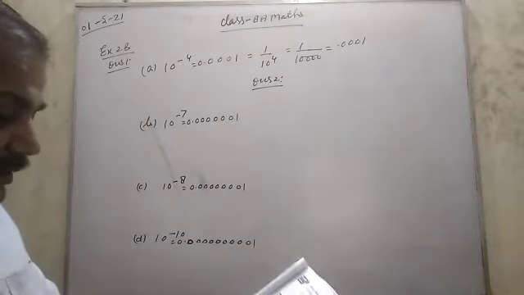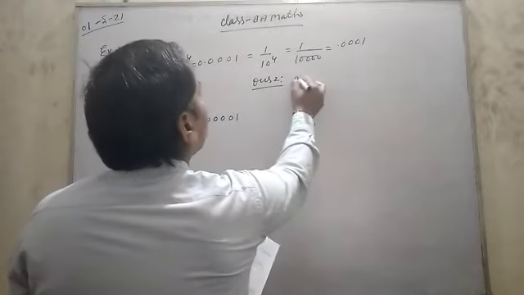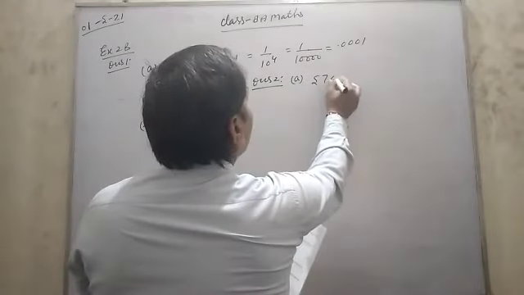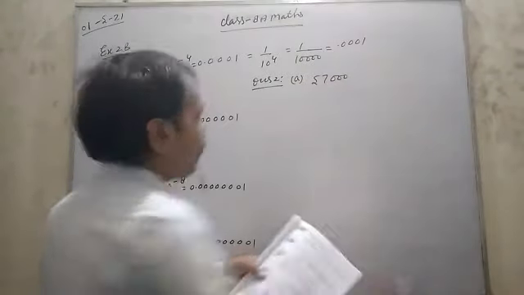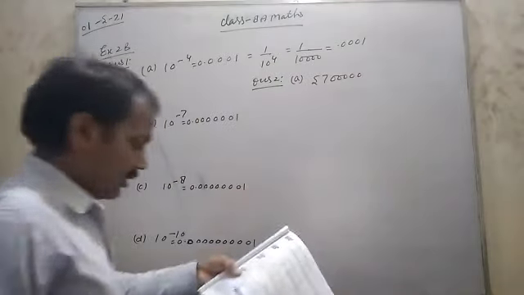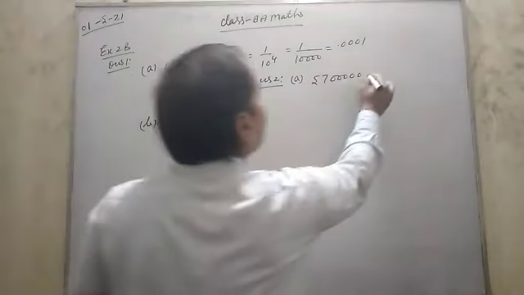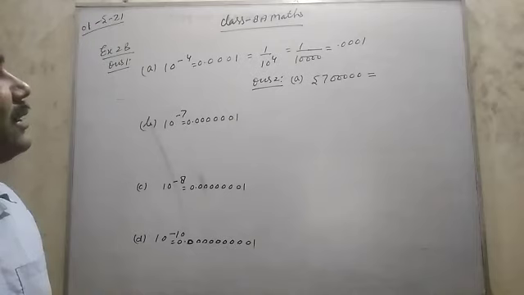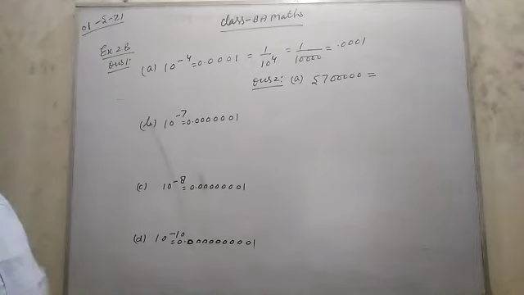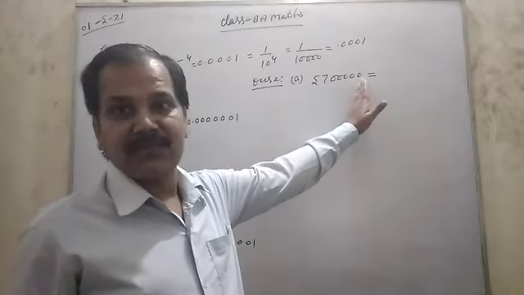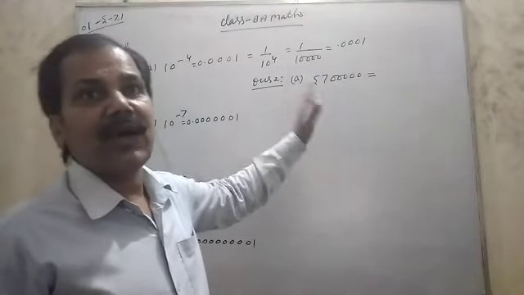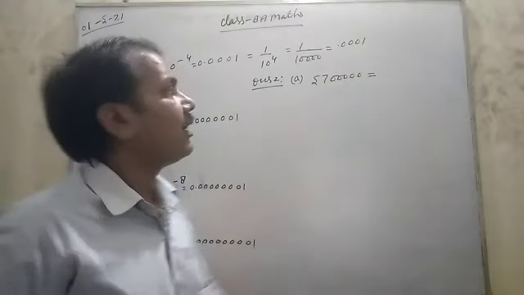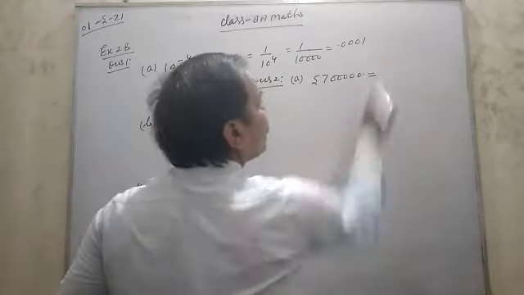Write each number in scientific notation. Scientific notation I told you in the concept. So A, 5,7,5,0,0,0,0. Now in scientific notation you have to convert it to 10 to the power. First you identify where the decimal point is. If the decimal point is not given, you have to understand that it is at the last. That's why not given, means the point is here.